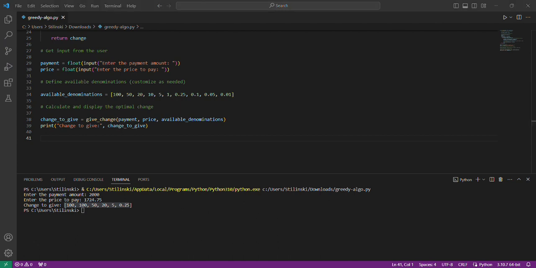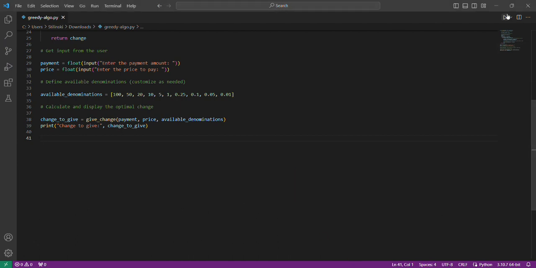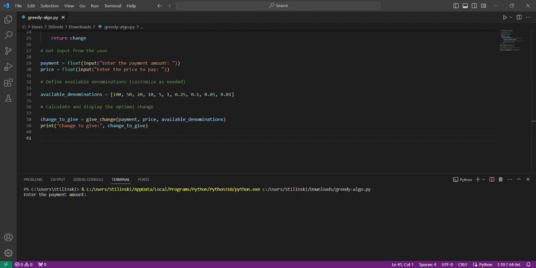Another example of the payment given is 1700 pesos, and the price to pay I set to 1652.55.